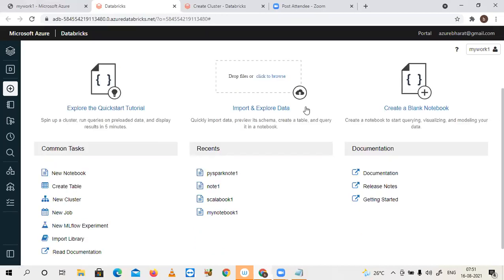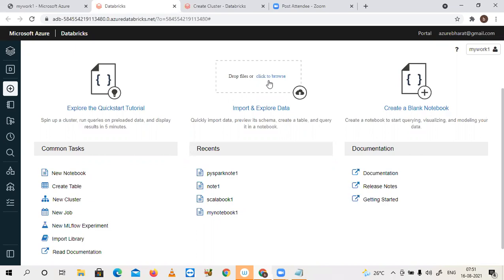To work with the data files, but this is not exactly the real-time process. In the real-time process, the data will be already available in data lakes, maybe in our storage accounts like data lake general purpose storage number 1 or number 2, Gen 1 and Gen 2. But to connect with them, you need to create some additional security services like app ID, secret code, and you need to specify your tenant ID like this.